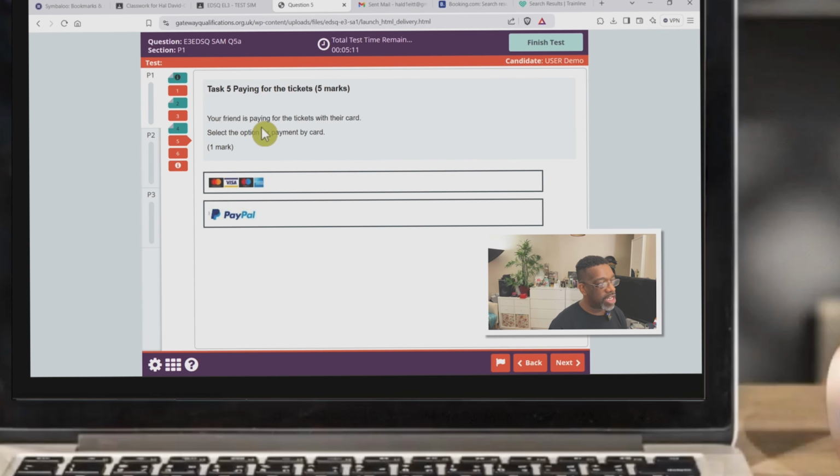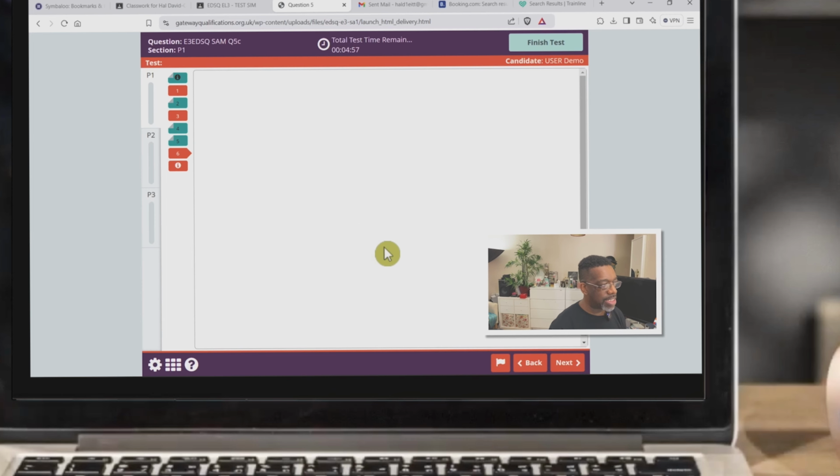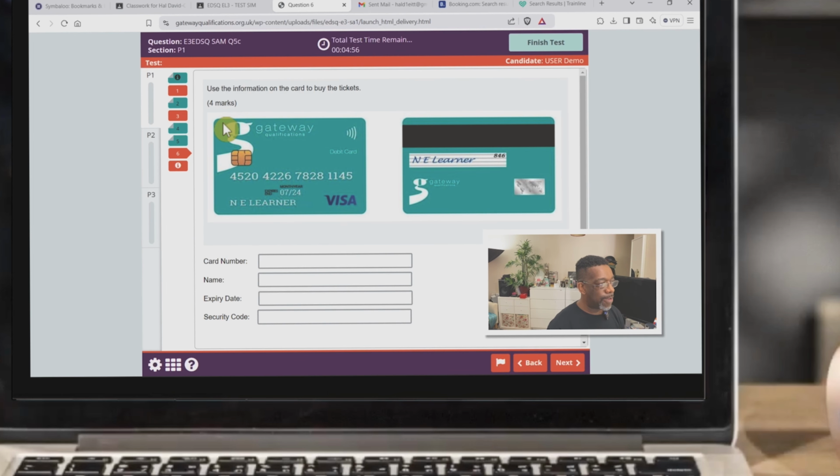Here it says, your friend is paying for your tickets with their card. So we've got to select the option for them to pay by card. Well, that would be a Visa or MasterCard, wouldn't it? So we click on Visa or MasterCard. These ones are easy. Okay, so let's see what number 6 says. Number 6 says, type in the card number as you see it here. So let's do that. We click in the card number box and put in